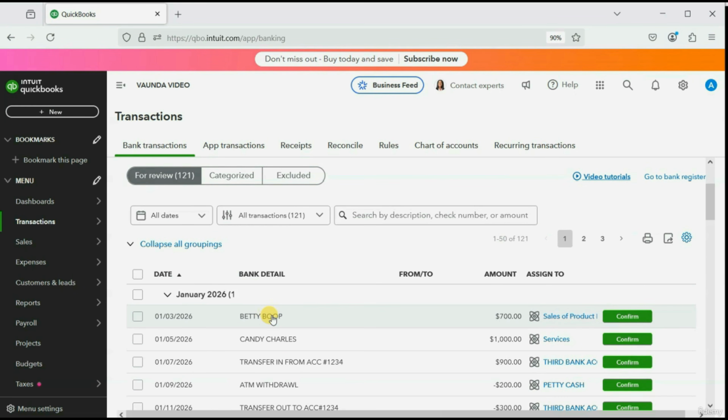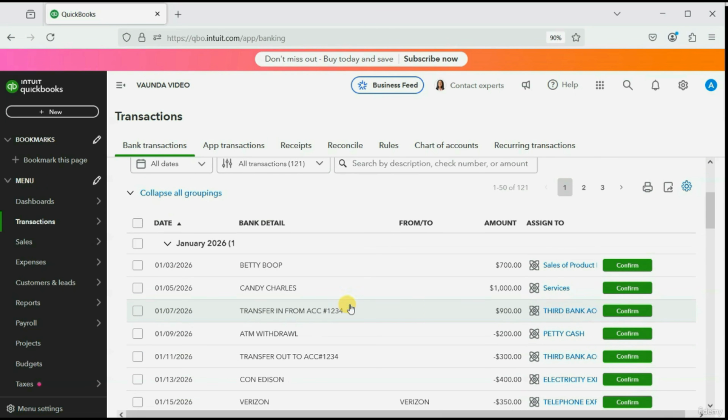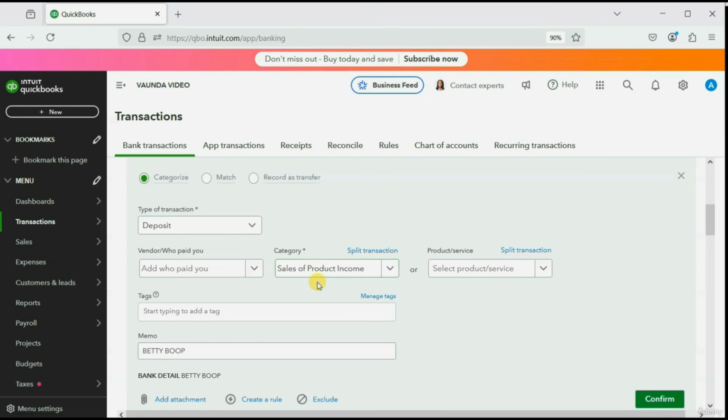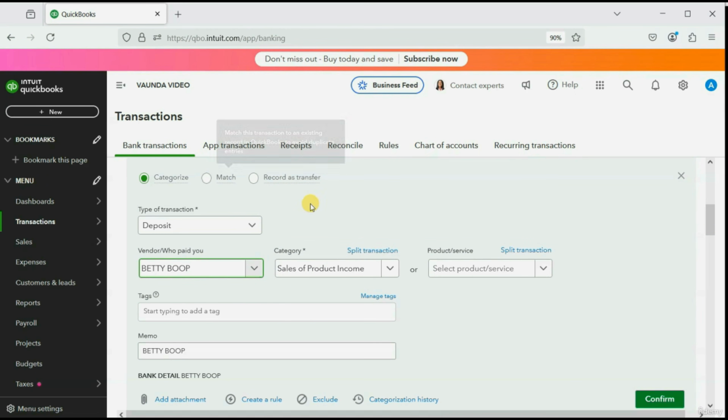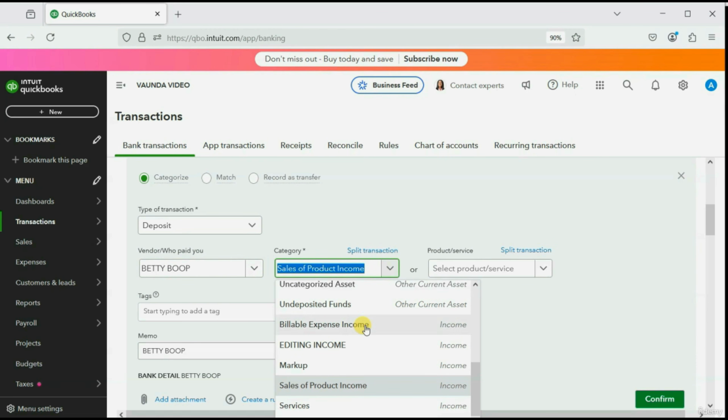Now, the second one on the list is for Betty, and it did not suggest one of the accounts that I put. It doesn't know that Betty Boop goes with editing income. So we click to open it up, and we choose the name Betty Boop, and we choose the account category as